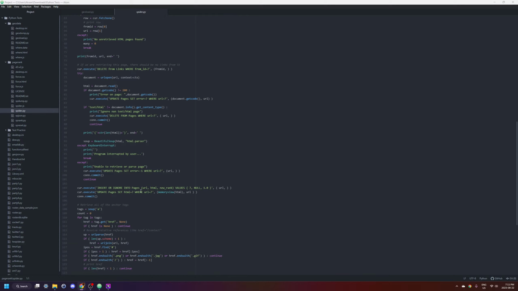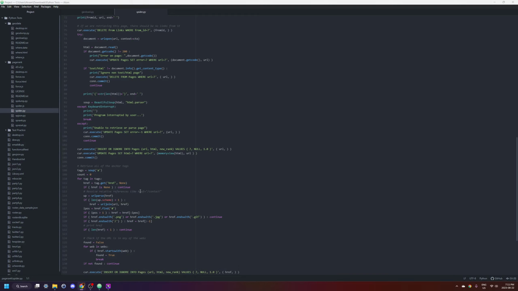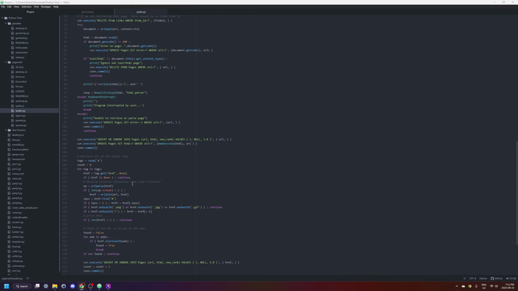And we do this whole thing in a try except block because a lot of things can go wrong here. It's a bit of a long try except block. Keyboard interrupt, that's what happens if I hit Control C at my keyboard or Control Z on Windows. Some other exception probably means Beautiful Soup blew up or something else blew up, and so we indicate with the error equals -1 for that URL so we don't retrieve it again. At this point, at line 103, we have got the HTML for that URL, and so we're going to insert